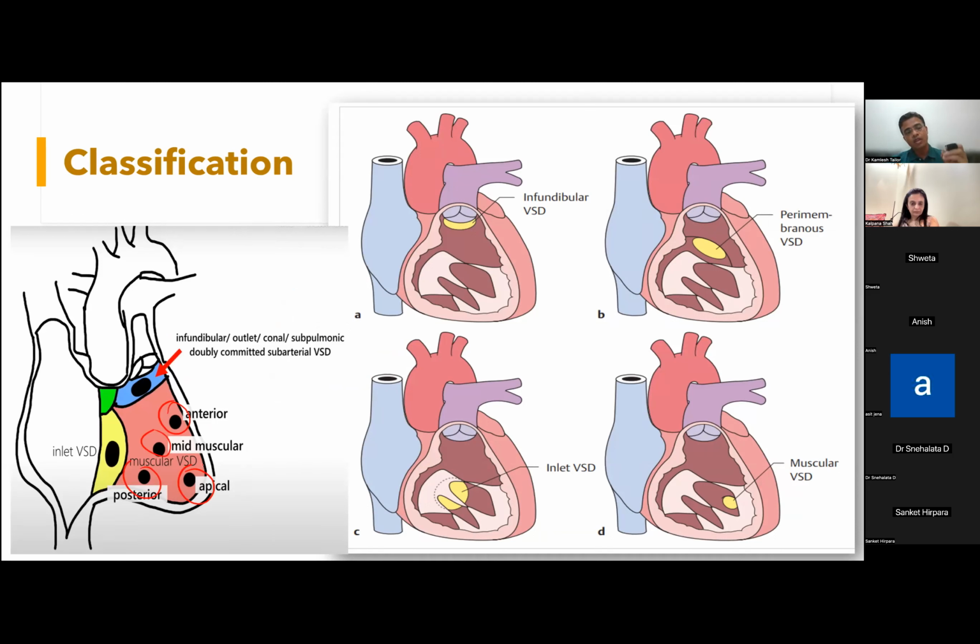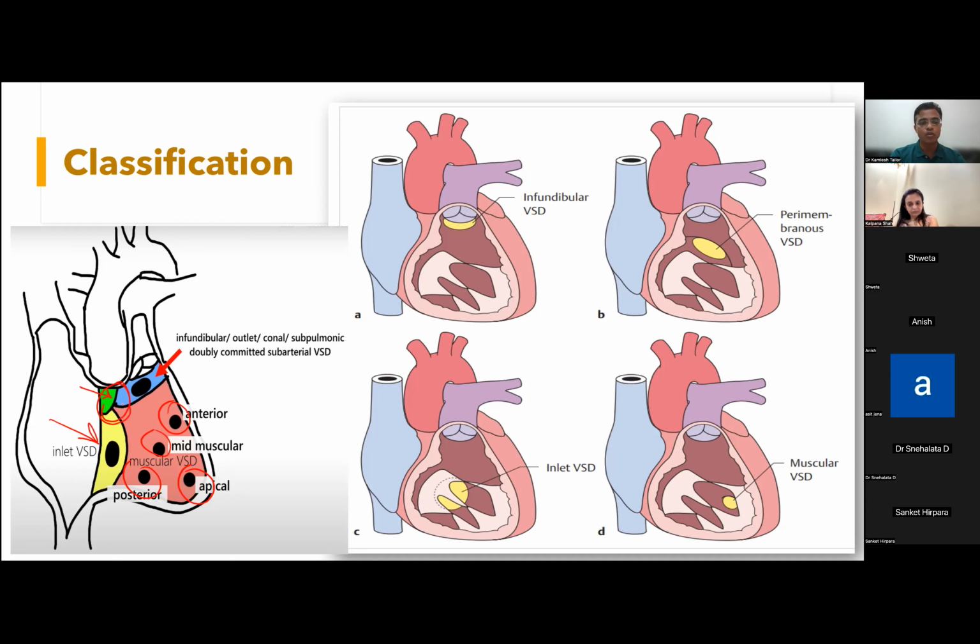Sometimes only one VSD will be there, or there will be multiple VSDs. If there are so many VSDs present in the muscular septum, it is sometimes called Swiss cheese VSD. If the defect is in the inlet, it is called inlet VSD. If the defect is in the membranous area, it is membranous VSD, or if